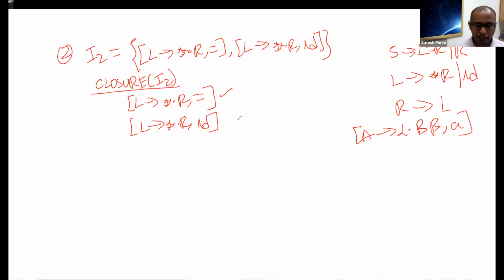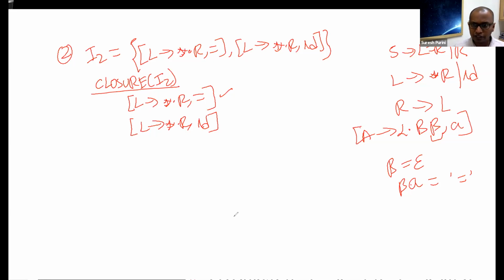In this LR1 item, the dot is present before the non-terminal symbol R. If you see this beta, beta in this case is epsilon, and beta concatenated with the terminal symbol turns out to be the equal to symbol.